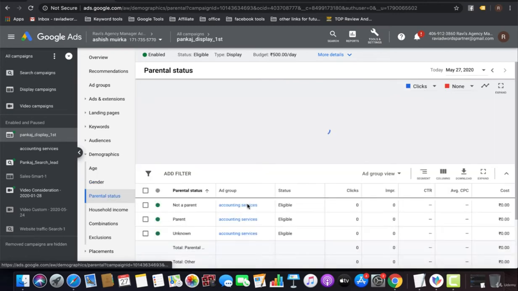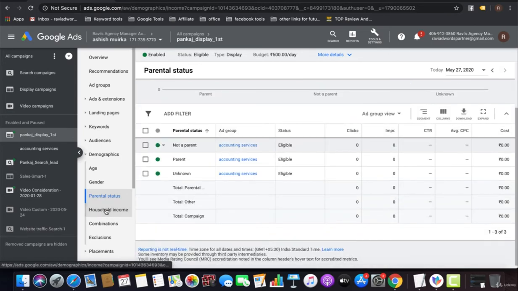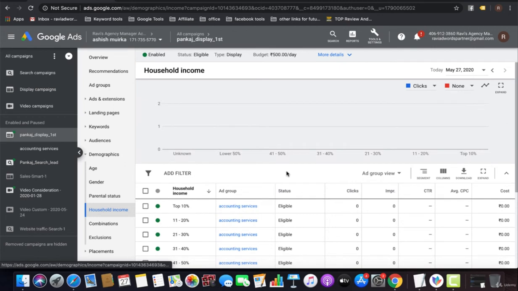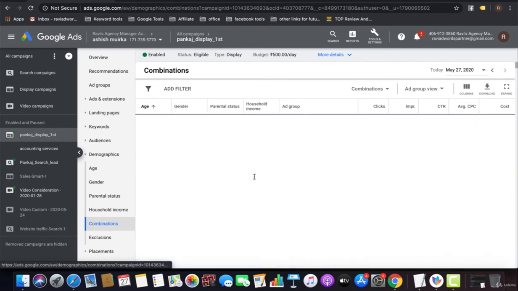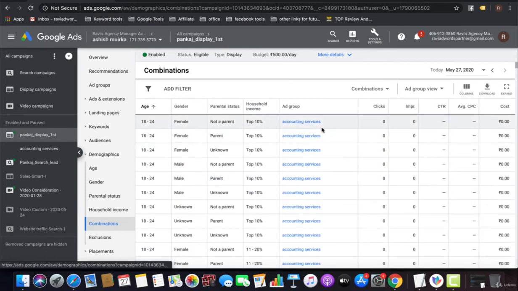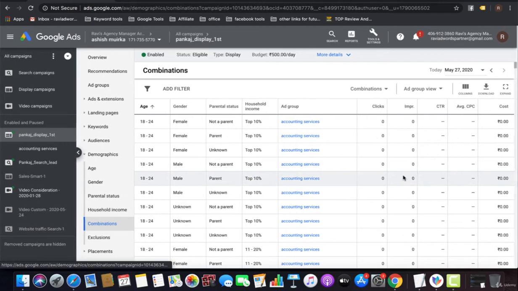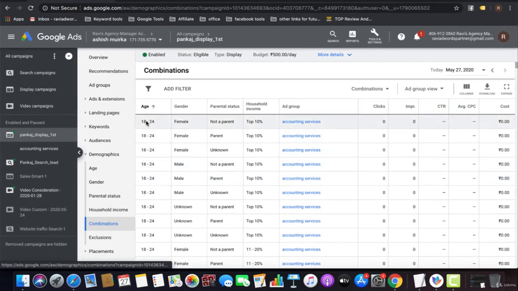So I can select gender as well, like I need to select all the genders, and parental services are not related to my audience category, and household income that can be related to my audience category, but I don't want to target lower income audience and higher income audience as well. I can combine all the things, like I can see after running the ads, I can see that on which age group, on which gender, or on which parental status, household income I'm getting impressions, and after that I can optimize that campaign to best perform with my audience size, to best perform with my age group, gender and household income as well.